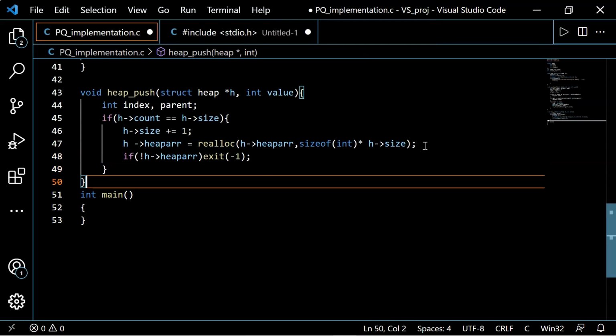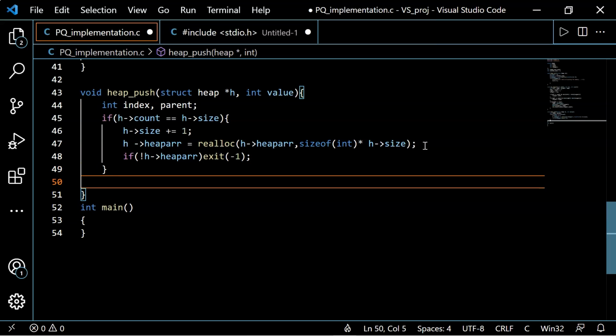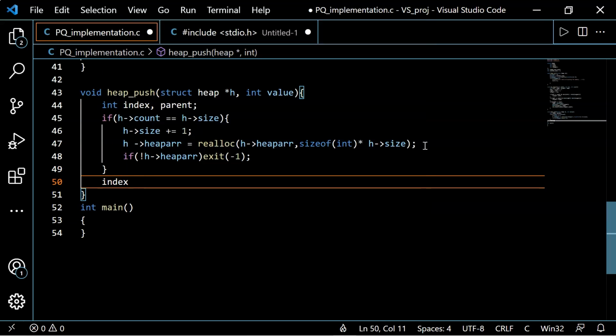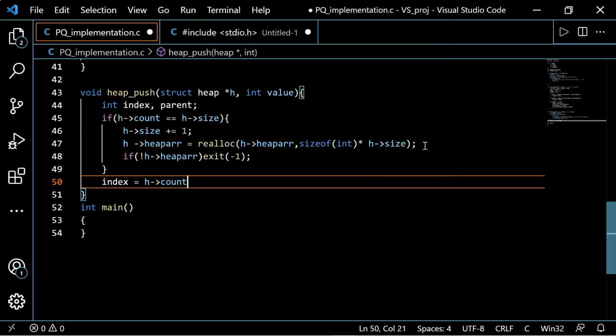Now we'll move out of this if block and we will set the index variable to h.count++. Basically, we are iterating with the help of the index variable here.